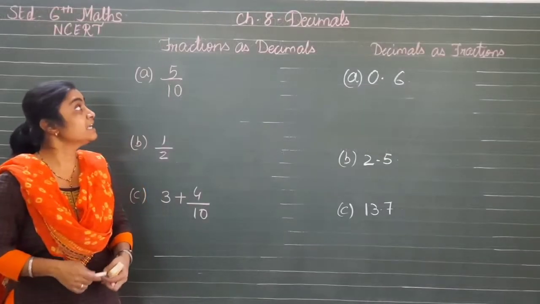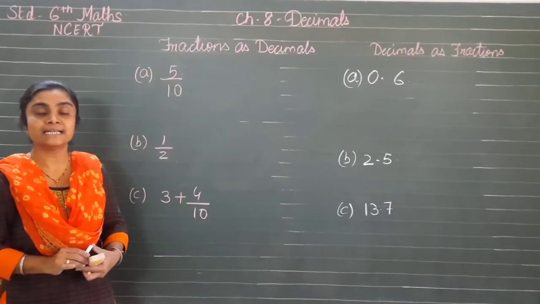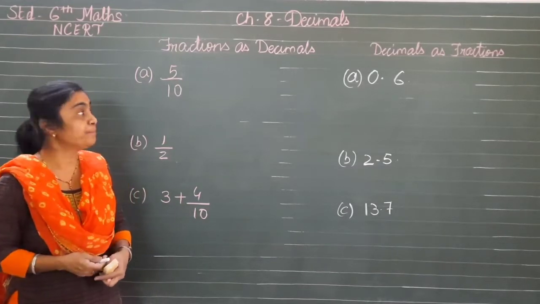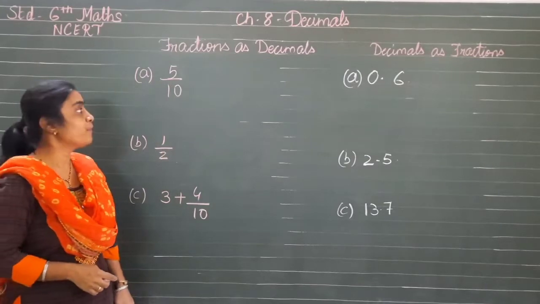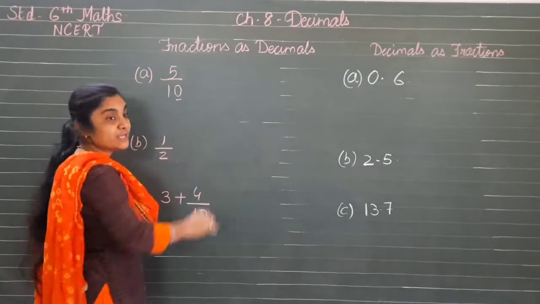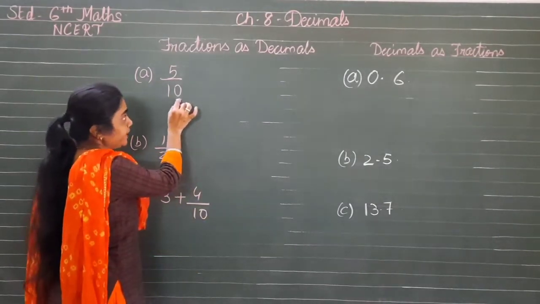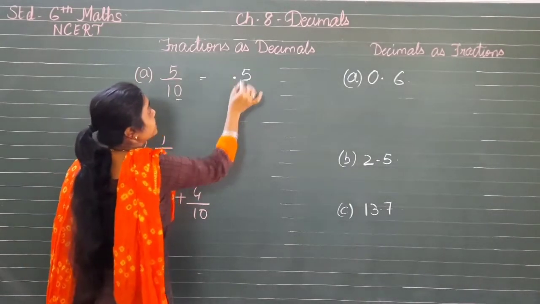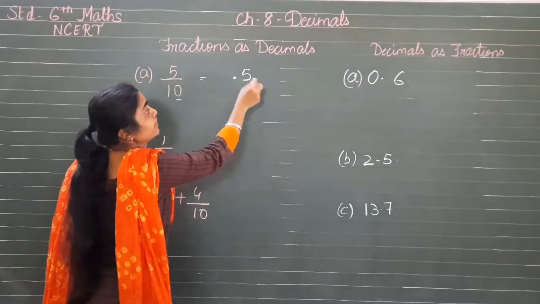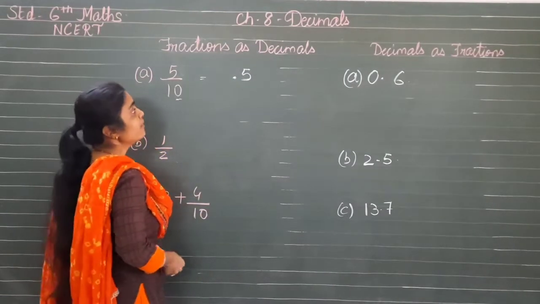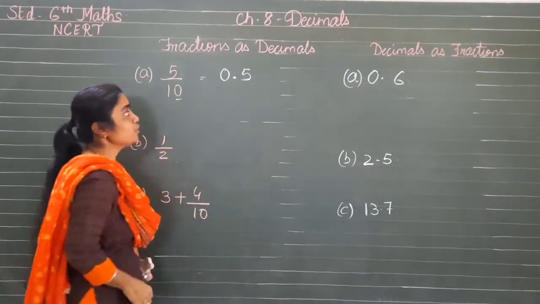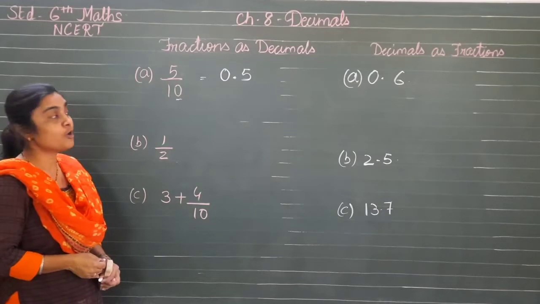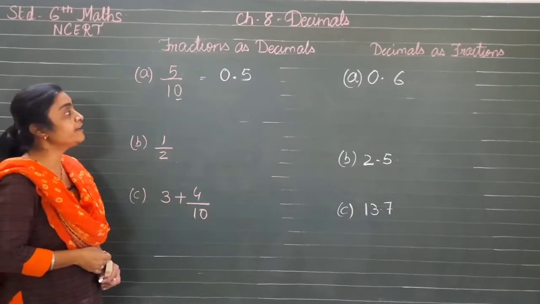Now let us see how to convert fractions to decimals. In fractions we know that if it is a decimal, it will be the 10th part. Now here it is 5 upon 10. So there is 10 in the denominator. So after the decimal point we will write one digit, that is 5, on the right hand side of the decimal point, and we will place 0 before it. So 5 upon 10 in fraction form, if we convert into decimal form, will become 0.5.